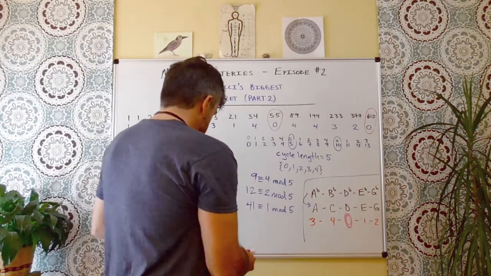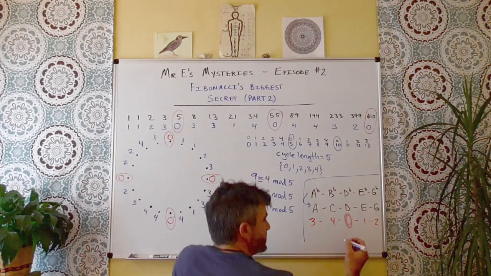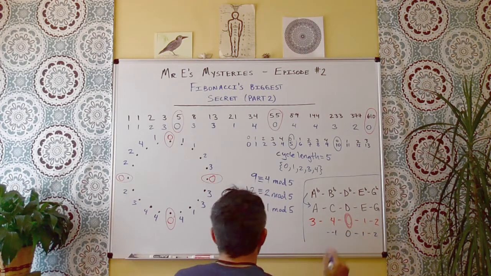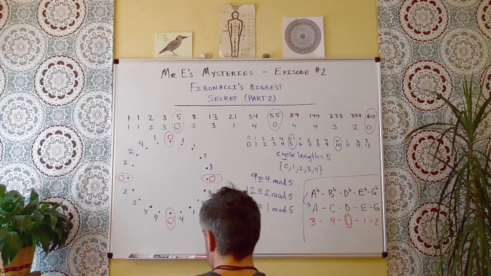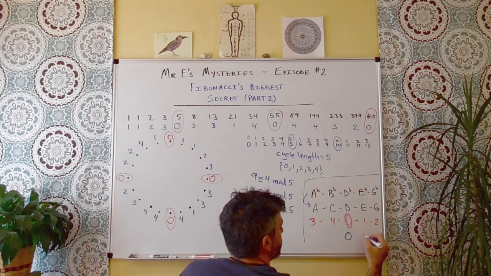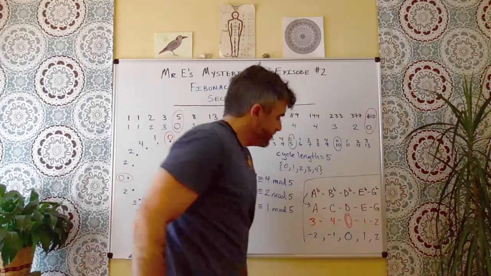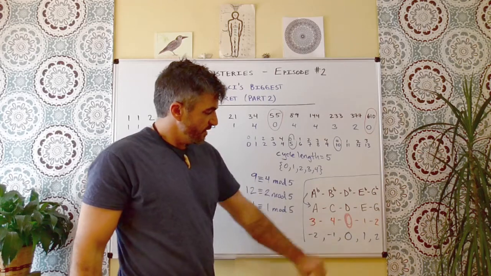So we can also see this as, I was about to write in the negatives. I'll go ahead and write it in blue. We can see our 0 as being the root, and then we have 1, 2, and then we have negative 1. Actually, I should write this not with the hyphens. That's a little confusing. I'll use commas. So we have a 0, and we have 1, and 2, and then negative 1, negative 2. And so those would be the notes that I would assign. So A is negative 2, C is negative 1, and so on.